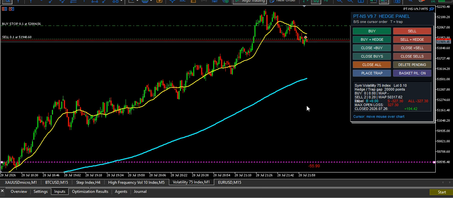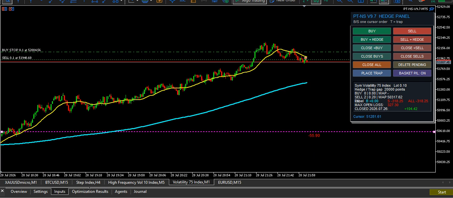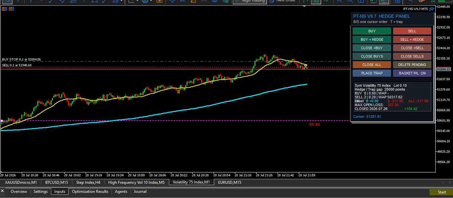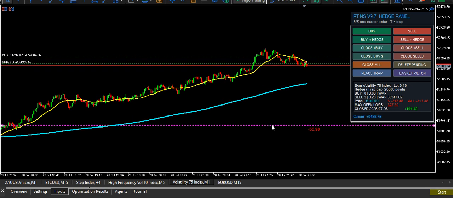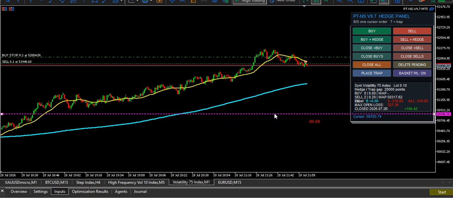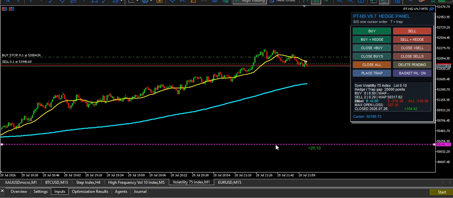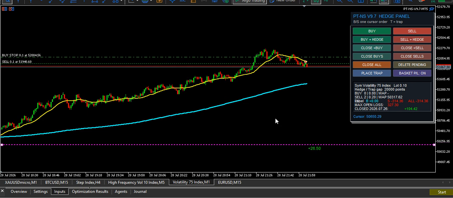There's my profit line. So if it comes down here, it will, hey, it says minus. It shouldn't be a minus. How can it show a minus? Let me drag it. Go down. Okay. Over there, it'll make $10 profit. So I'm going to leave it there and walk away because I have protected it there.